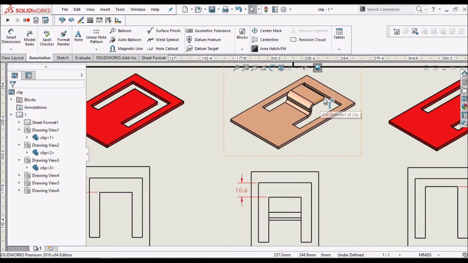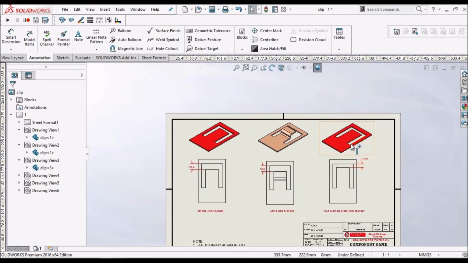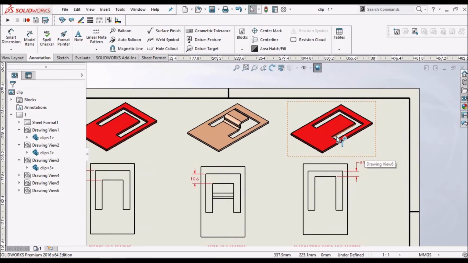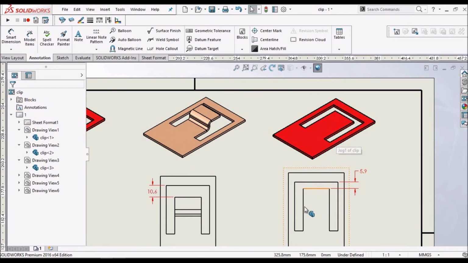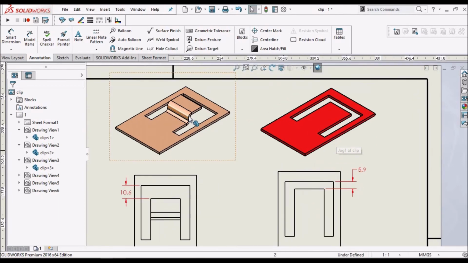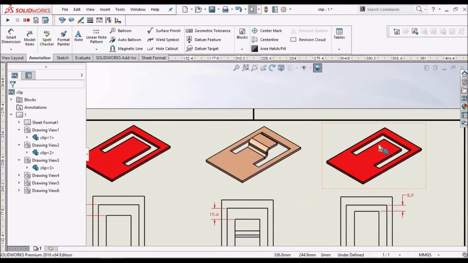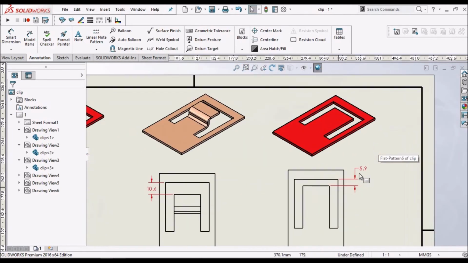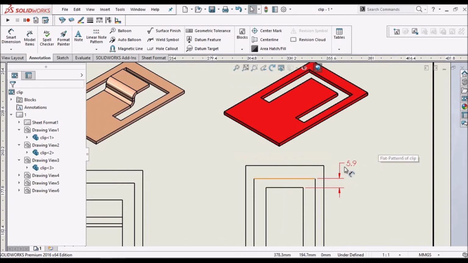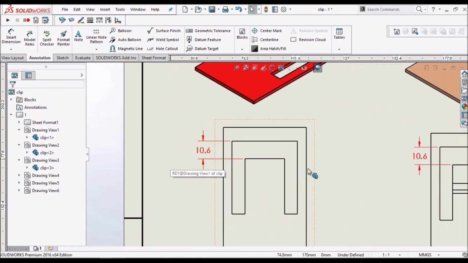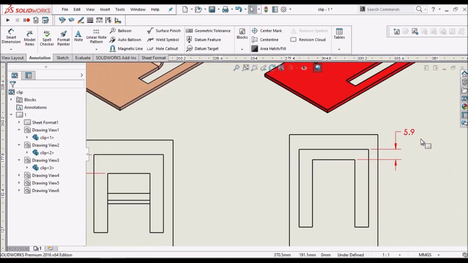So the jog forms exactly at this location and extends up to this location. But when I make the flat pattern, this length increases because of this bend. So the gap between these two edges reduces. Here it is 10.6 and here it is 5.9.